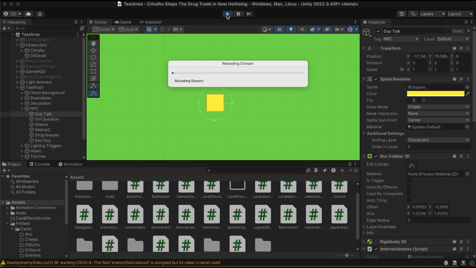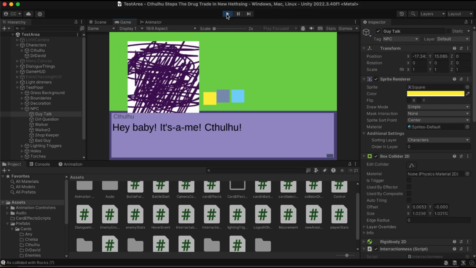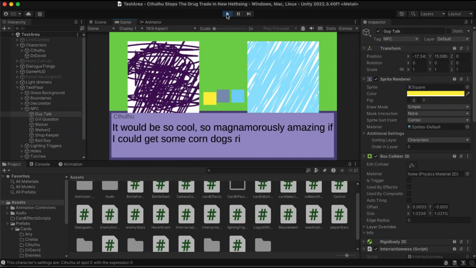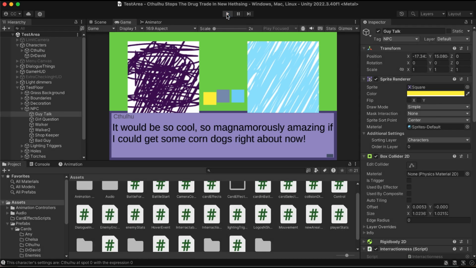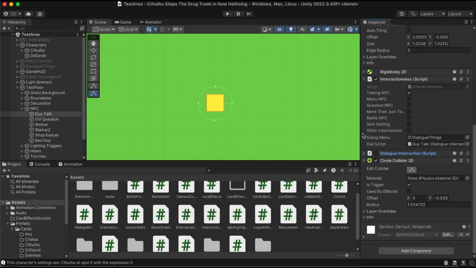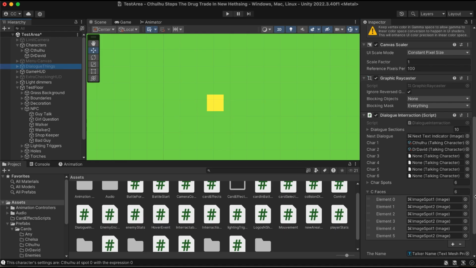But now it should work, because once you're in the trigger, it sets you to is in range, and then you can interact. So now I'm in range. Yes, it works. Now that we know that it works, I just need to make sure that it uses the dialogue script from here instead of here. Like that,